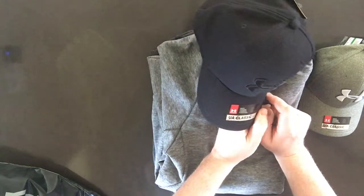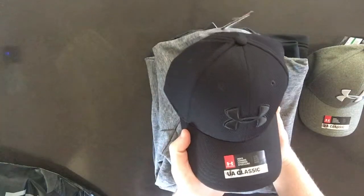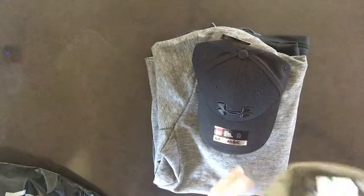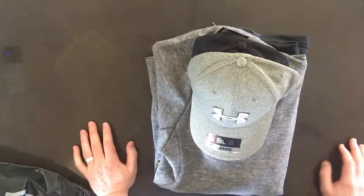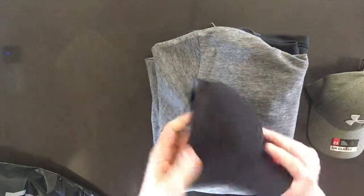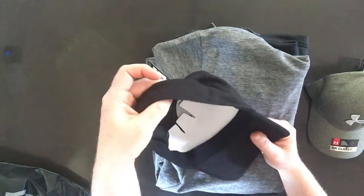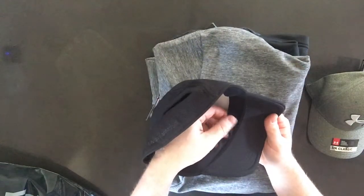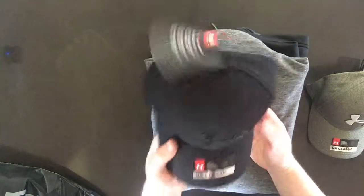They wash easy, they hold their form a little bit better, and if you add them to your wish list, you can get them for, I think right now they're like $20, but sometimes if you watch them, you can get them online as cheap as like $10, $11. That's basically the style that I always like. It's just thick enough. It's not that flimsy one that just kind of misshapes, but that's just me, and it's more because of the sweatband. When you're running, it doesn't get soggy. So